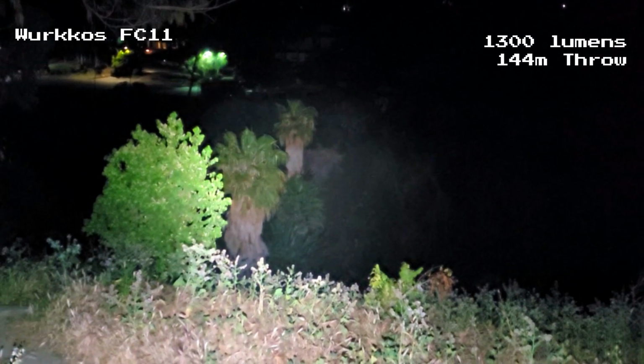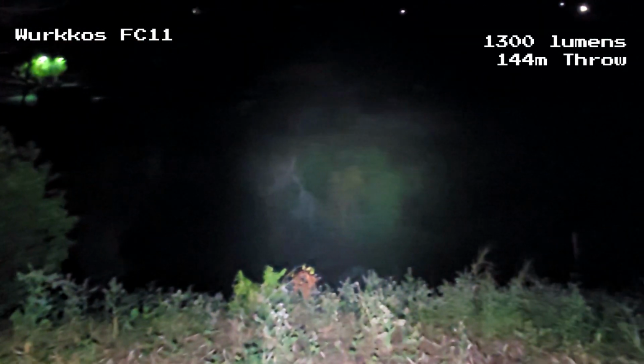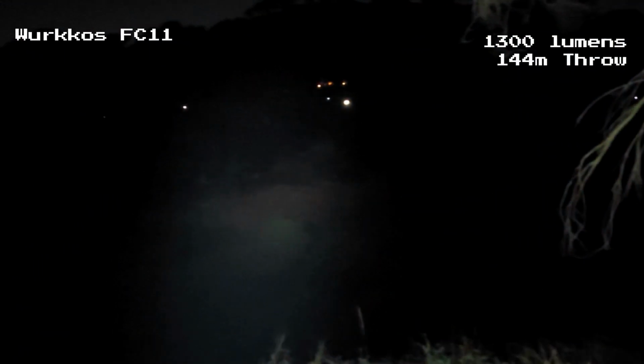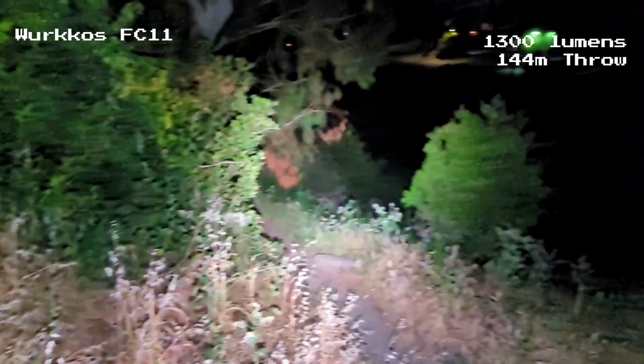Here is the Wurkkos FC11, which has a 1300 lumen output and the lowest manufacturer stated range at 144 meters. This light has a relatively wide flood and not too much of a hot spot to it, but we're definitely pushing this light to the limit in terms of the throw. Again, the camera does not quite do it justice, but you can see that it does faintly illuminate the trees